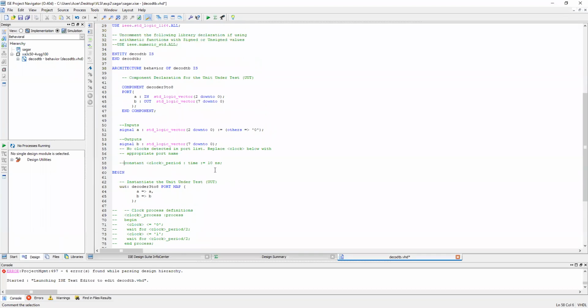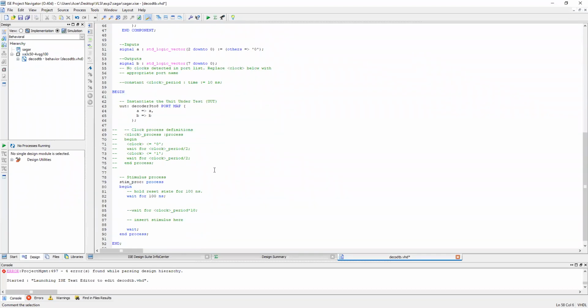Now again we have to synthesize this. So this decode TB, you have to select this. You will get this simulator.